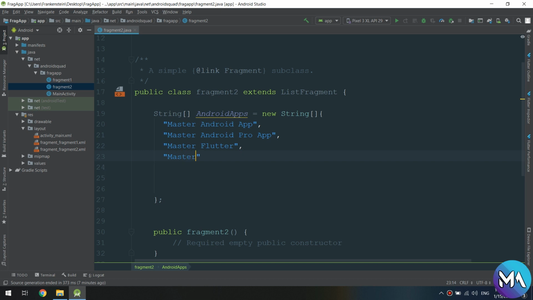So I'm going to create two string arrays. The first one is Android apps and the second one is description. The first one displays the title and the second one displays the description and the version of this app. So Master Android App, Master Android Pro, Master Flutter, Master Kotlin are all